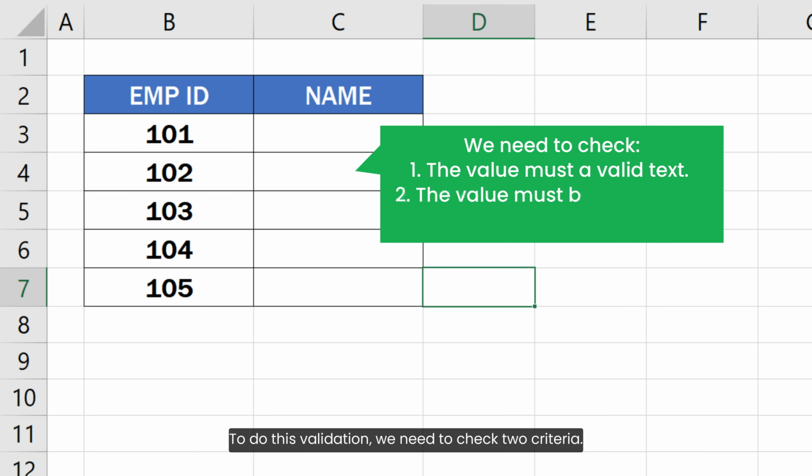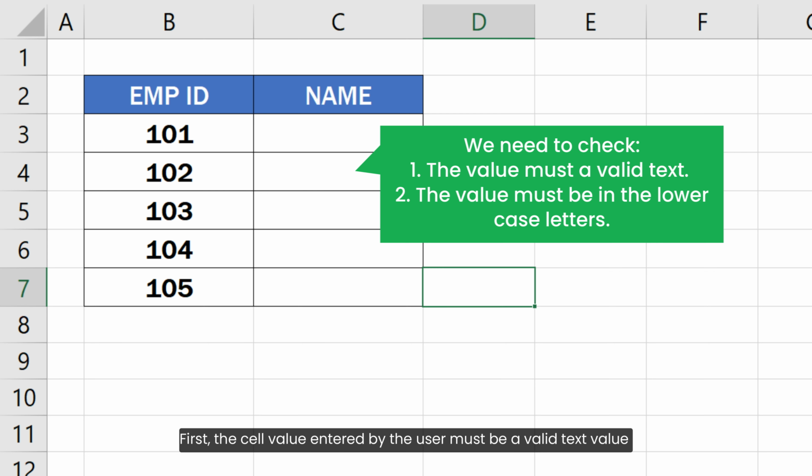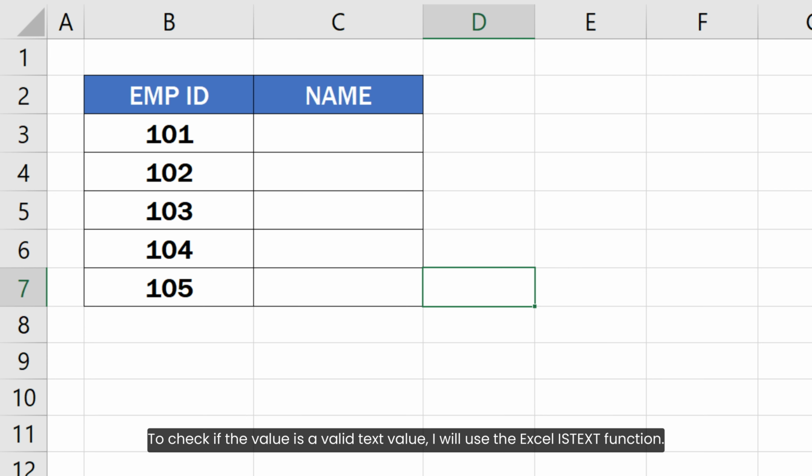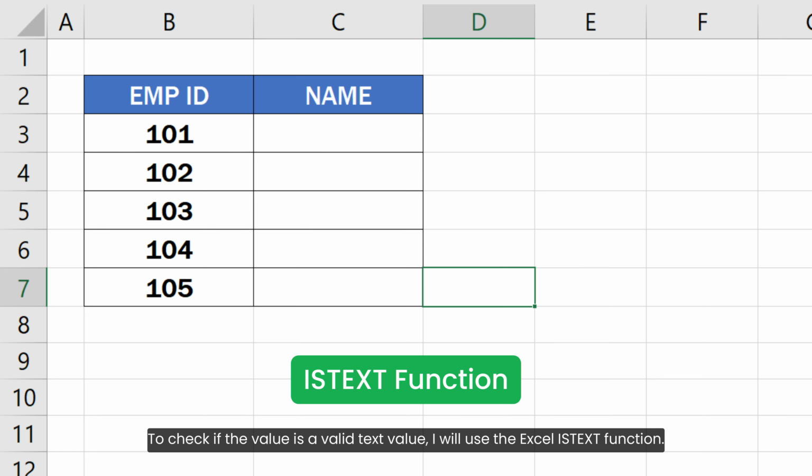To do this validation, we need to check two criteria. First, the cell value entered by the user must be a valid text value, and second, the text must be in lowercase letters. To check if the value is a valid text value, I will use the Excel ISTEXT function.